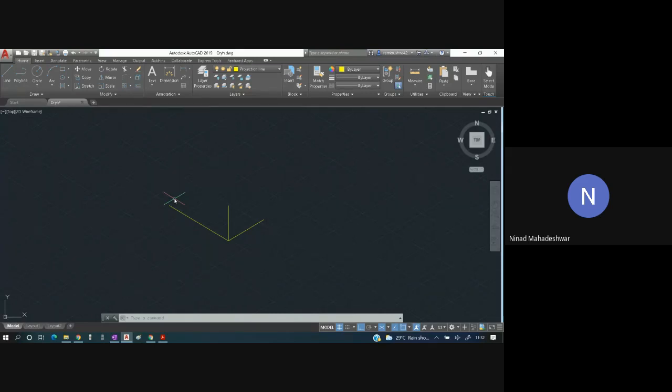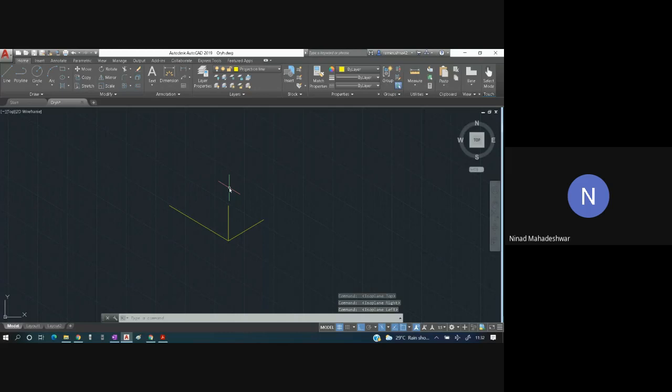So these are the three planes which you can see. Now if I press F5 again, you will get a plane which is YZ plane. So there will be continuous switching between all these planes. Can you figure this out, everyone? You press F5 and you are changing the planes over here. So this is important in isometric projection.